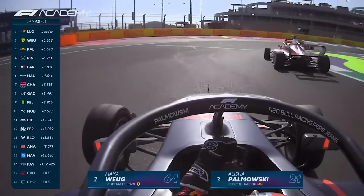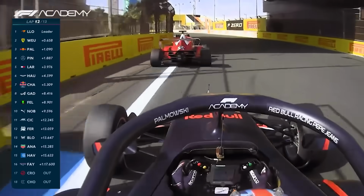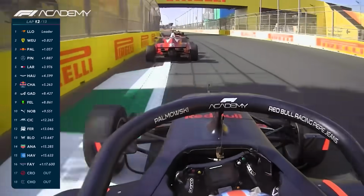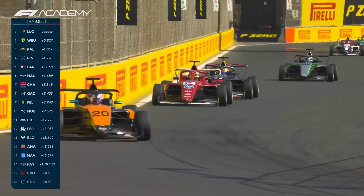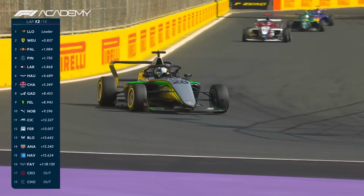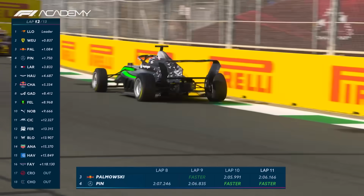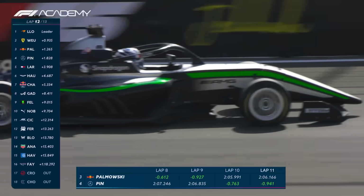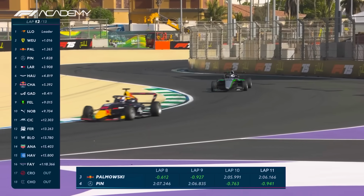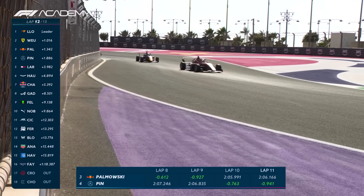Deeper on the brakes as well. That was brave stuff from Maya Berg, and Alicia Parmovsky has no choice but to concede position. And now as she takes a look in the mirrors, she will see championship leader incoming, Dorian Pan. There she is. She has set another fastest lap, 2:05.2 for Dorian Pan, 2:05.8 for Ella Lloyd out front. But Ella Lloyd, with that small battle, now has a lead of 1 second with less than 2 laps to